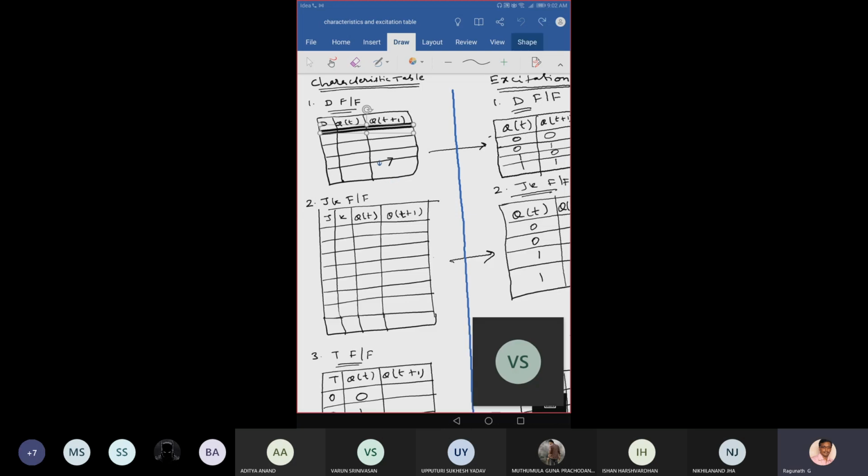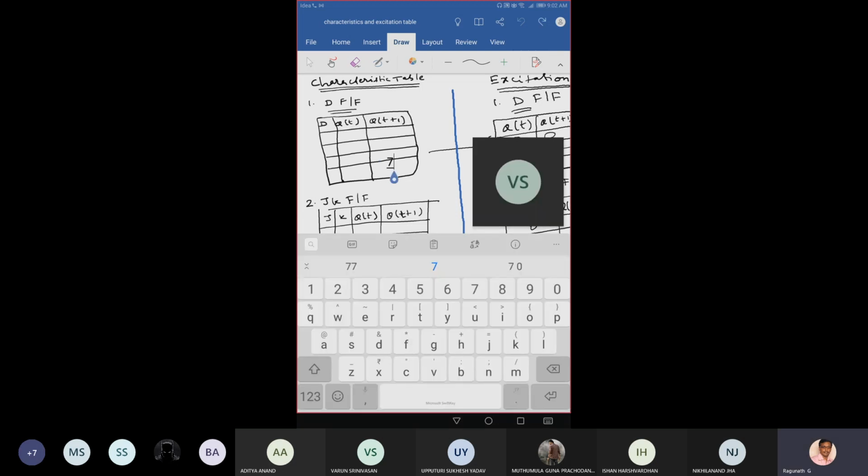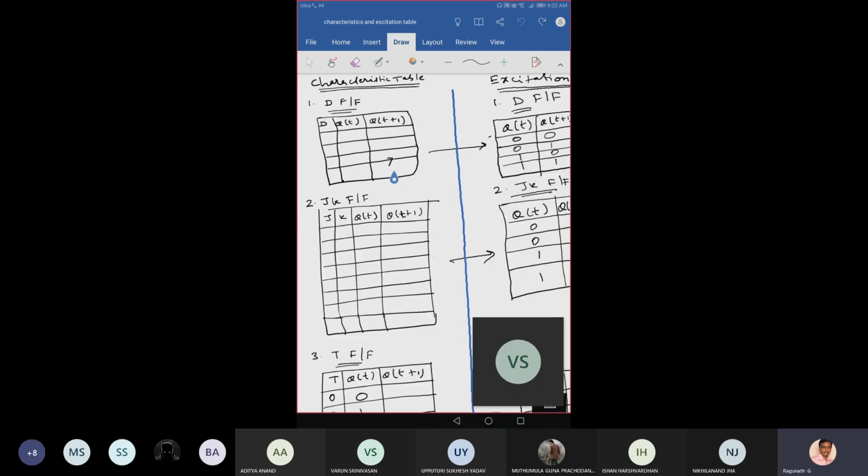Okay. Now I'm going to complete this table. So 0, 0, 0, 1 and 1, 0 and 1, 1. Actually, I'm using the binary sequence. We discussed the binary sequence of 0, 1, after 0, 1, 1, 0 and 1, 1. So if it is a 2-bit number, we have to start with 0, 0, 0, 1 and 1, 0, 1, 1. So anyone tell me what should I write in the Q of T plus 1 column for the first input 0, 0?